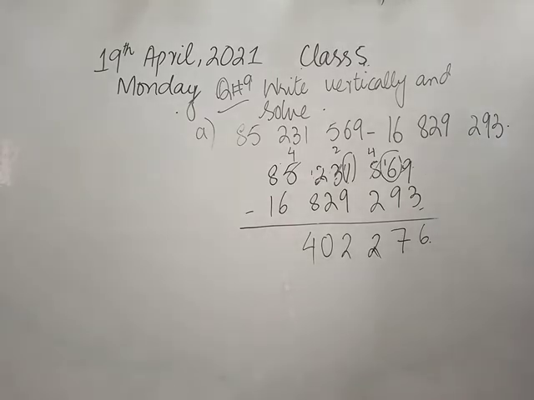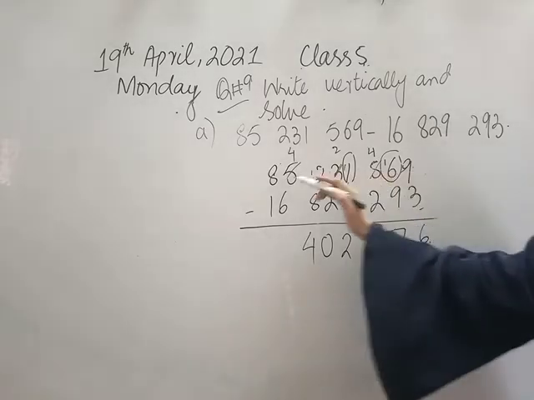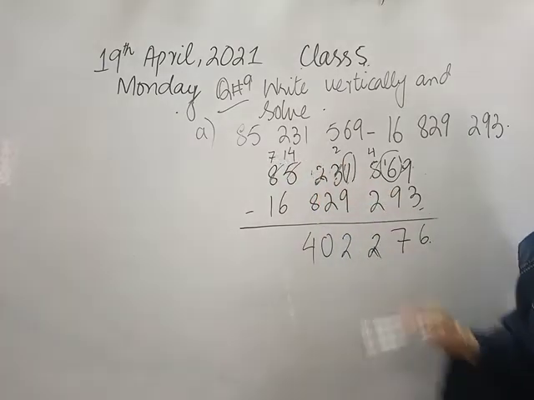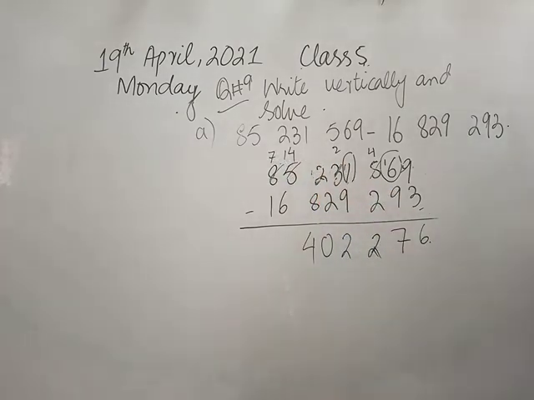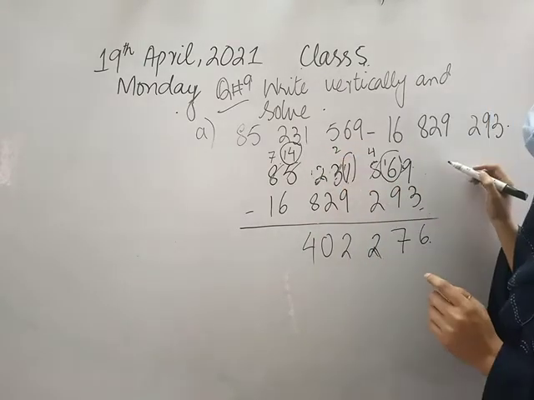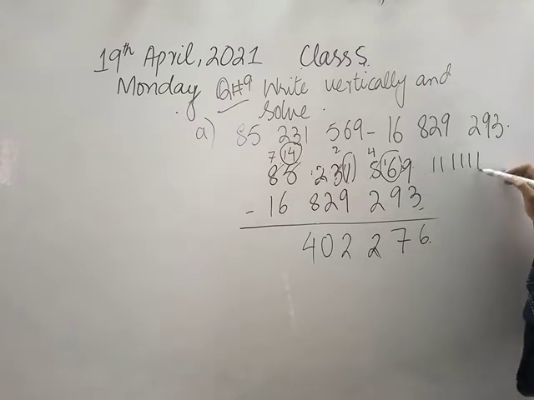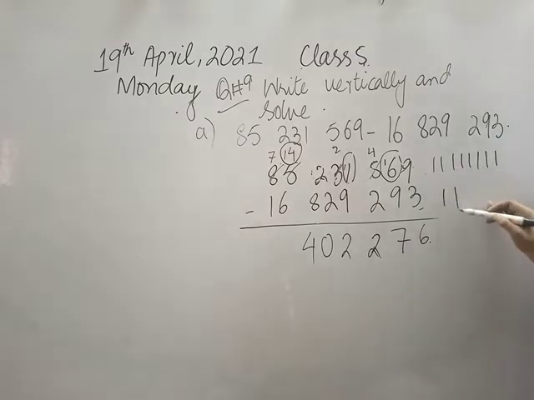Is it possible to subtract 4 minus 6 class? No. हम नहीं कर सकते हैं because it is smaller. 4 is smaller. So that's why we will take carry from the next number which is 8 in total. अब यहाँ पे क्या होगा? ये बन जाएगा 14 and this will be 7 as left. Fine. Now this is 2 digit in total and I want to subtract 6 from it, which is 1 2 3 4 5 6 7 8 9 10 11 12 13 14.